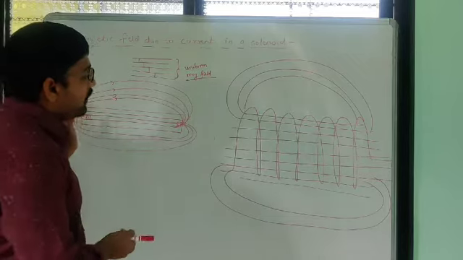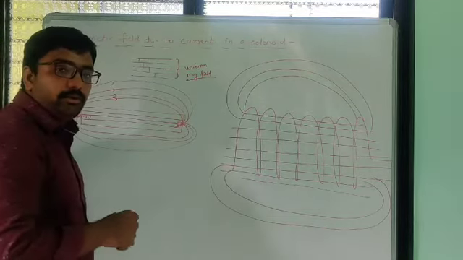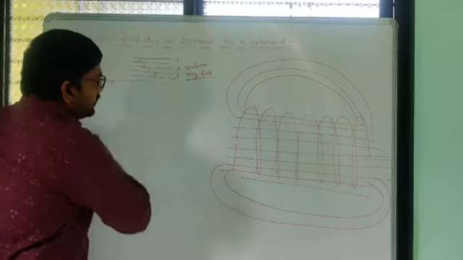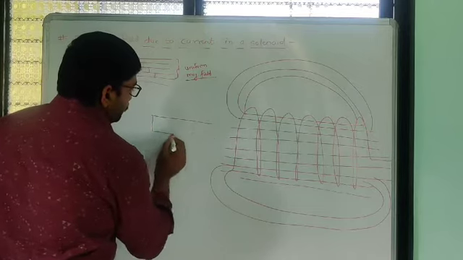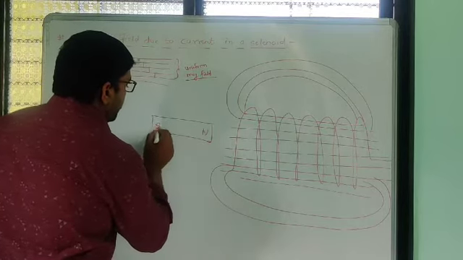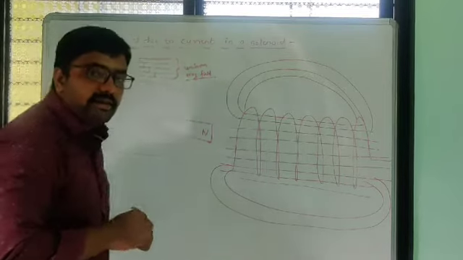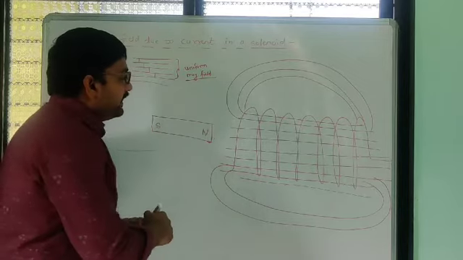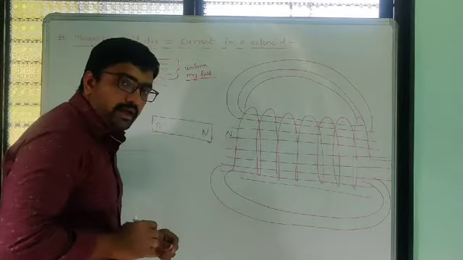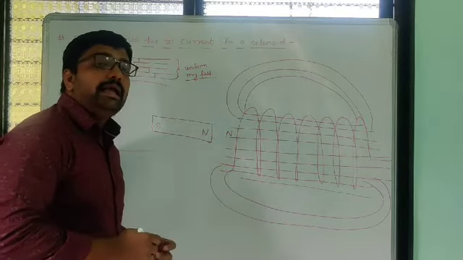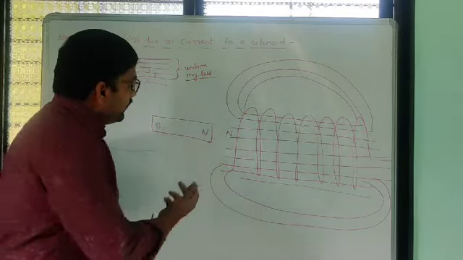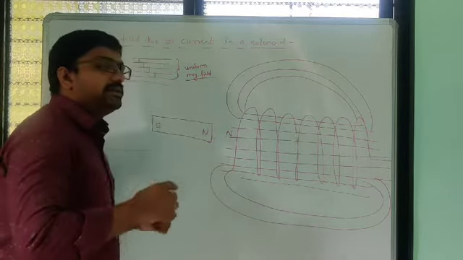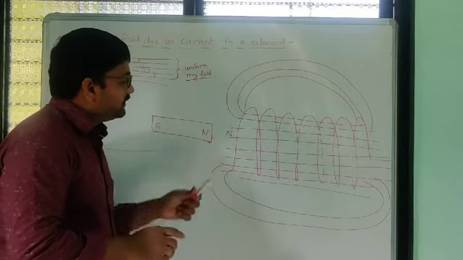Then we simply have to bring one magnet into contact with one pole here. Suppose we take a bar magnet with its north pole here and its south pole here. If repulsion takes place, then we can say that this is also a north pole, because we know that in a magnet, like poles repel. So if we bring the north pole near this side of the solenoid and repulsion takes place, then we can say that this is the north pole.